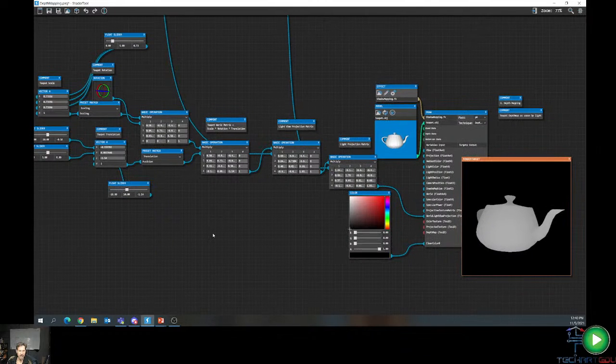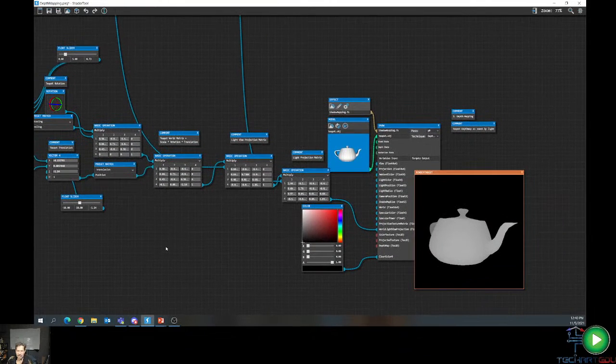Okay, so what we got here is our teapot is in our world space, and then we have to put it inside of the projection space. But the projection space has to be not from the camera, it has to be from the light. And so, therefore, we have our basic